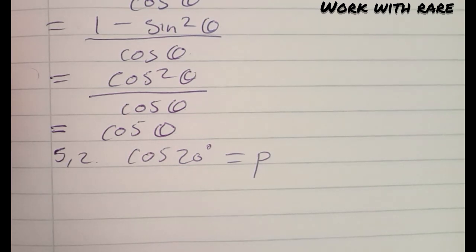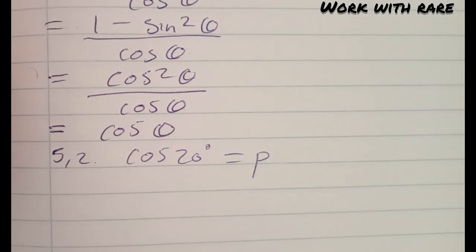and 5.2.1 they say, okay, without a calculator, write each of the following in terms of P. In terms of P means your answer will have P somewhere. So don't solve for P. Solve in terms of P. Okay? So before I can do 5.2.1 and the rest, when you are given this, before you answer any question,